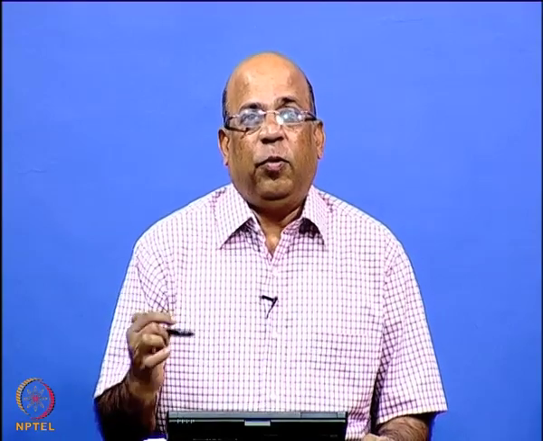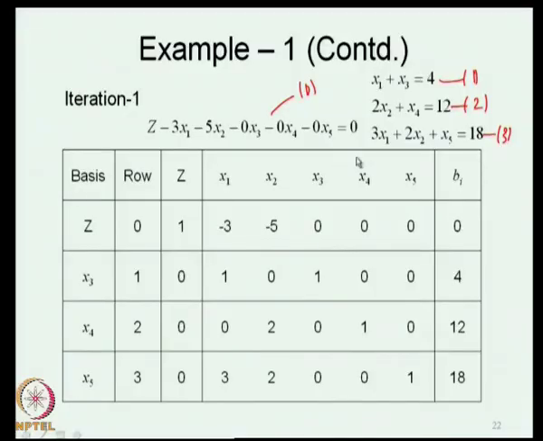If it is the optimal solution, you terminate the computations. If it is not the optimal solution, then we need to ask which among the currently non-basic variables should enter the basis. That is the first question. The next question is which among the currently basic variables should depart and make way for the entering variable. So, we ask three questions typically. Is the current solution the optimal solution? How do we resolve that question? You look at these coefficients now.